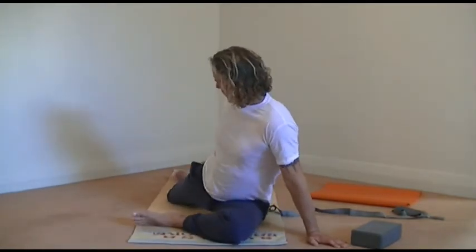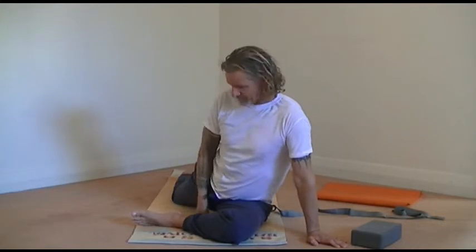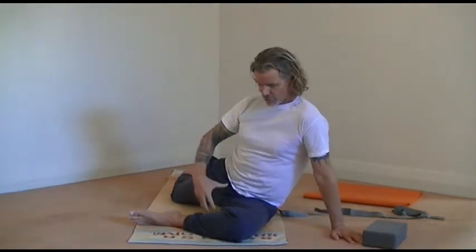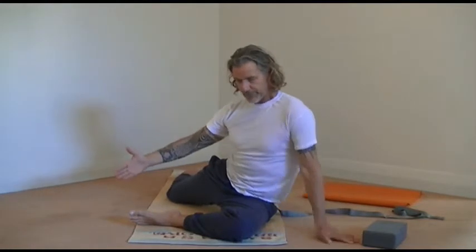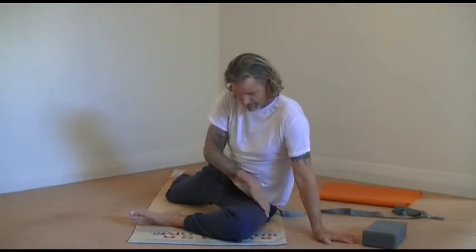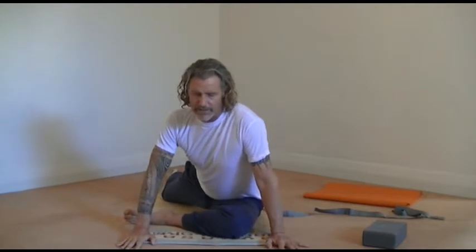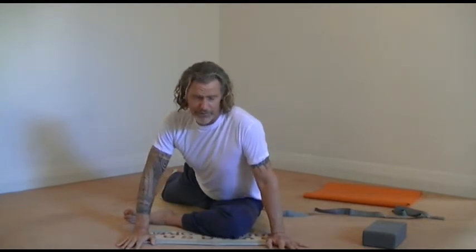Start by just watching the top of your right foot go down, your right knee go down, and then you might want to lean way over to the left. You may be able to breathe your way from left to right. The feedback should be coming from right here. No feedback should be coming from the left knee at all. So what you're doing is you're just breathing your way from left to right,